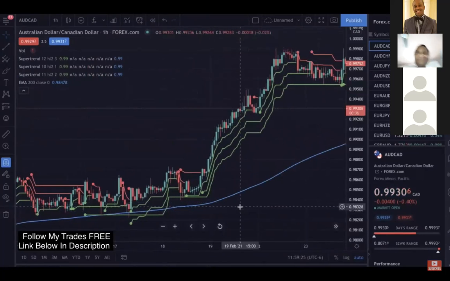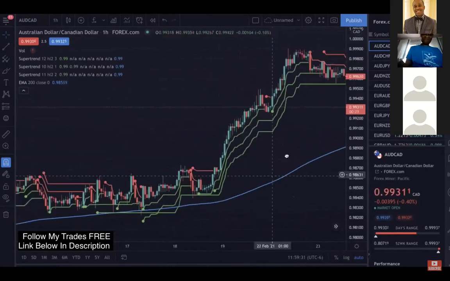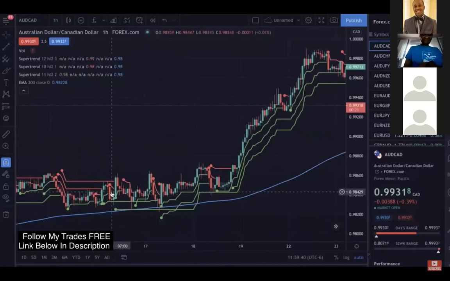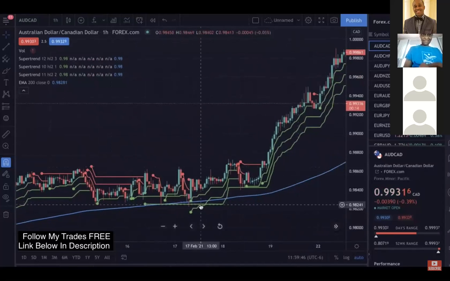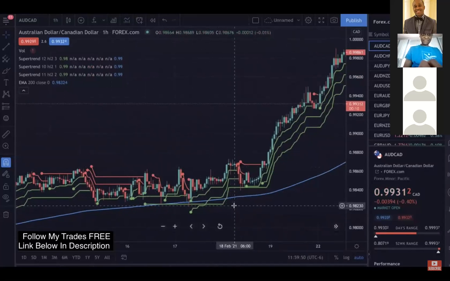The whole saying about trend is your friend and all of that stuff, it works out great. But there are also times when the markets are choppy. So how do you really know when it's trending, even when the price action is above the 200 EMA? There's going to be a lot of choppy action going on. Look at all of this. It's just stagnant. So what you want to do is make sure that you have three lines before you